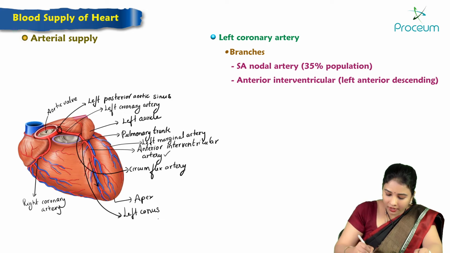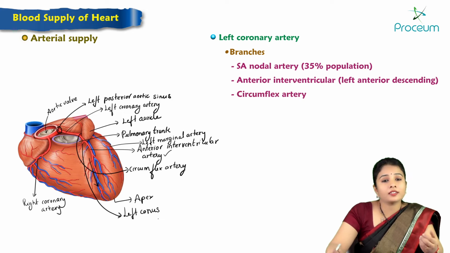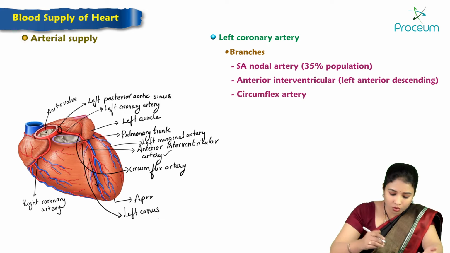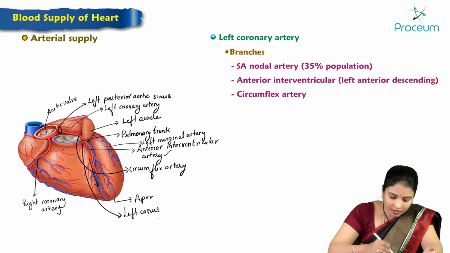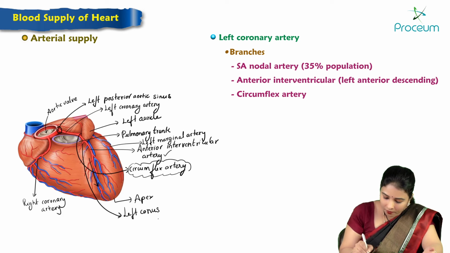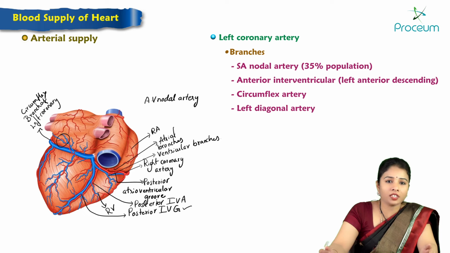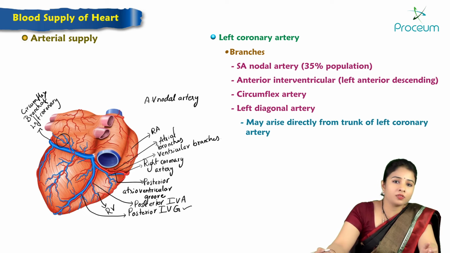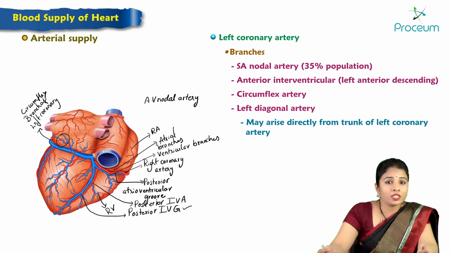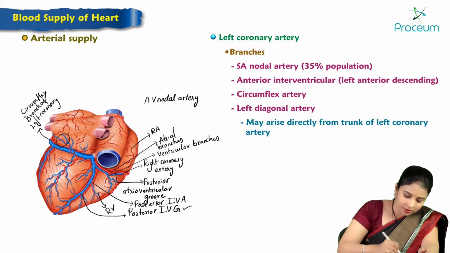So here is the anterior interventricular artery and the circumflex artery. So here the circumflex artery is here. This is the circumflex artery. So after winding behind, it also gives rise to left diagonal artery. Left diagonal artery may directly arise from the trunk of the left coronary artery. And obtuse marginal artery, which is otherwise called left marginal artery. So this is